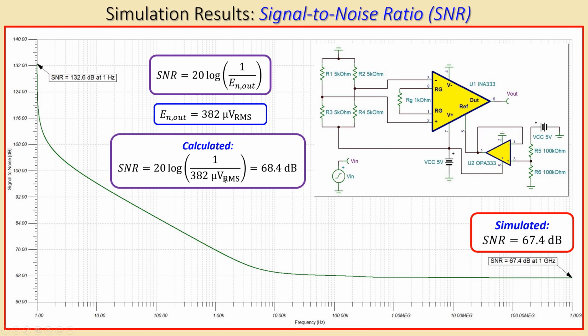That's due to that noise voltage, which was in the previous graph, which was larger at 1 gigahertz than actually this value. So if you substitute in here that 429 microvolts RMS, you will get very close to 67.4 dB. So we will have just a 1 dB decrease in your signal to noise ratio due to that noise voltage, which is larger than what we have calculated. So what we have seen is actually that the signal to noise ratio, the output noise voltage spectral density, and also the RMS value of the output are in very close agreement with our calculations.